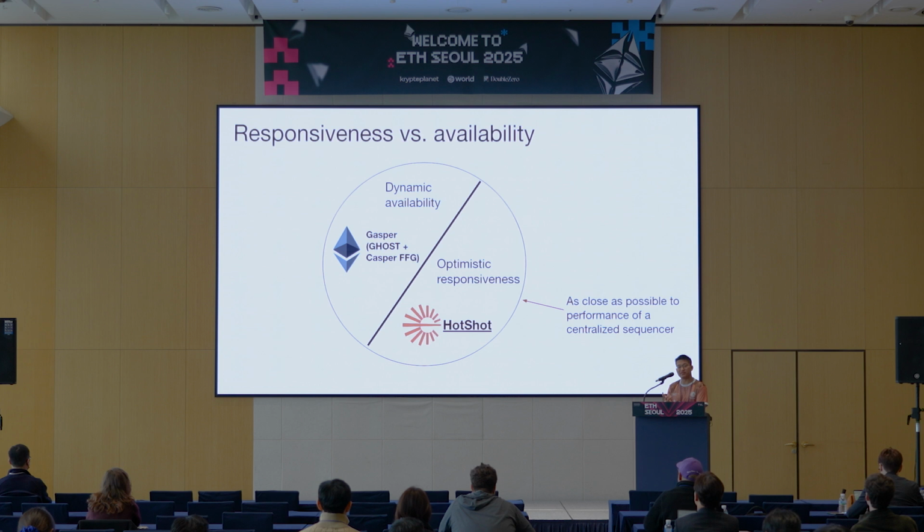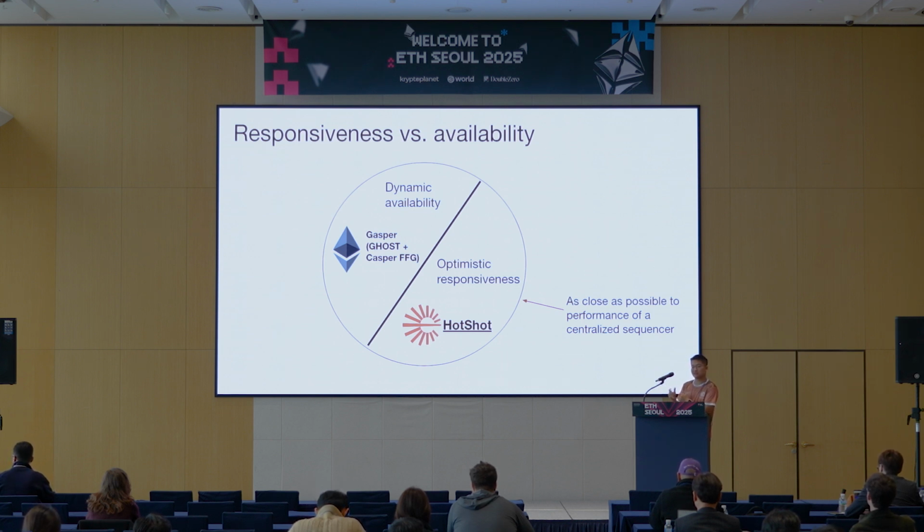Now, how do we achieve that? If you're familiar with the CAP theorem, it's a concept from computer science in consensus. Basically, it states that consensus protocols always have to have some sort of trade-off. Ethereum's consensus, Gasper, has a property called dynamic availability. What does that mean? Ethereum's consensus can survive a World War III event. If 90% of the nodes go down, Ethereum's consensus doesn't freeze, it'll just keep going. That's the property of dynamic availability.